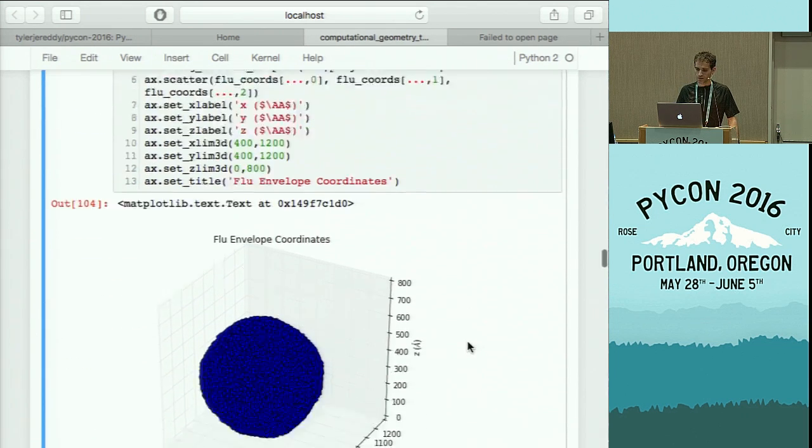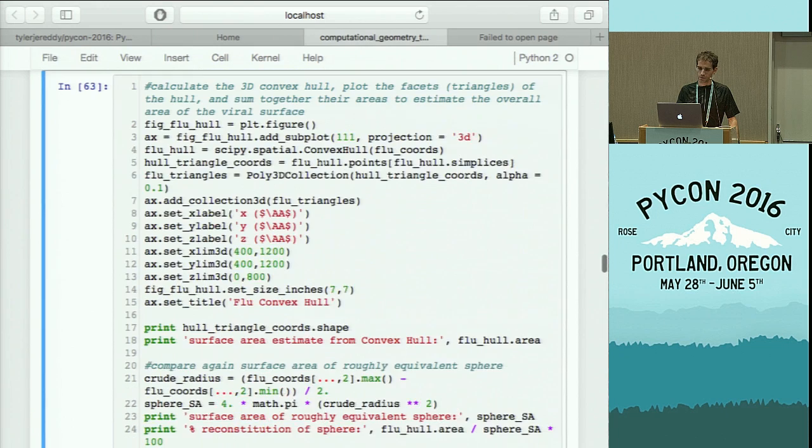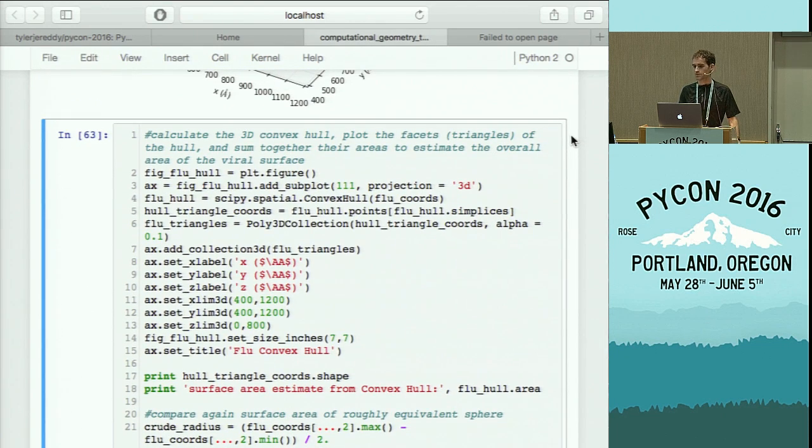So can we estimate that? One approach to calculating that is to produce the 3-dimensional convex hull, and then break it down so we can get the facets, the triangles that cover the entire surface of the sphere, and then calculate the surface areas of each of those triangles and sum them together. That'll give us a pretty good estimate of the surface area of that object,